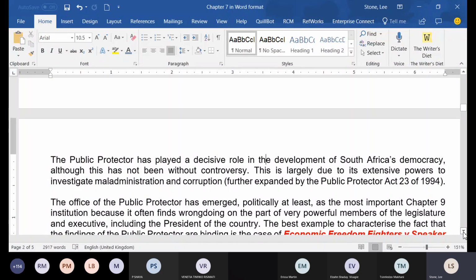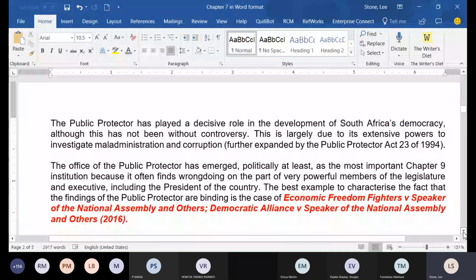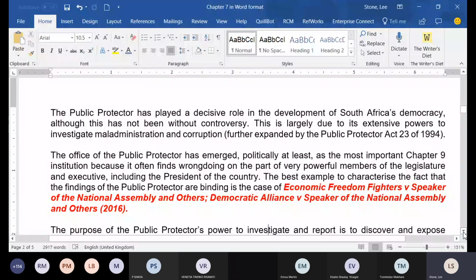So our main point of departure is that up until 2016, we were all confused about exactly what